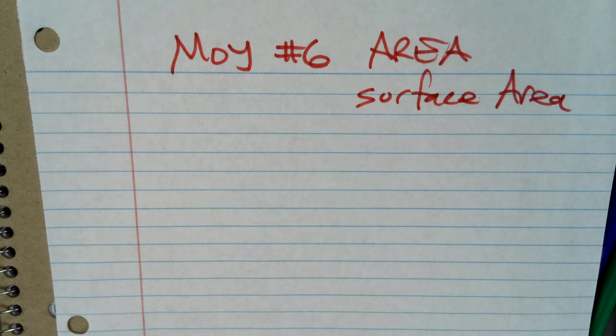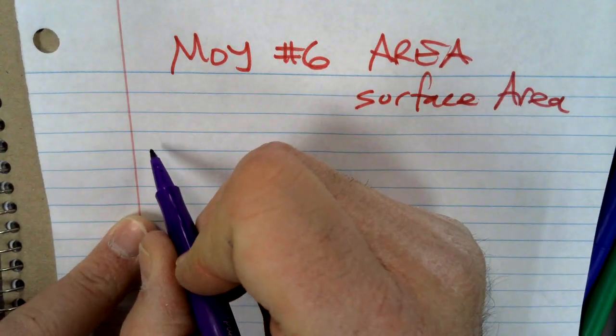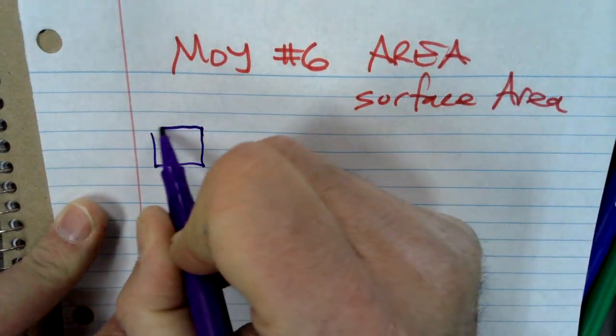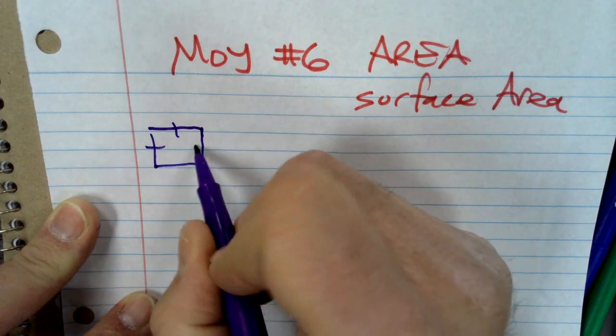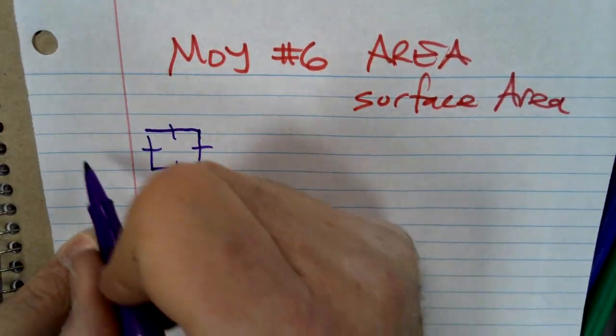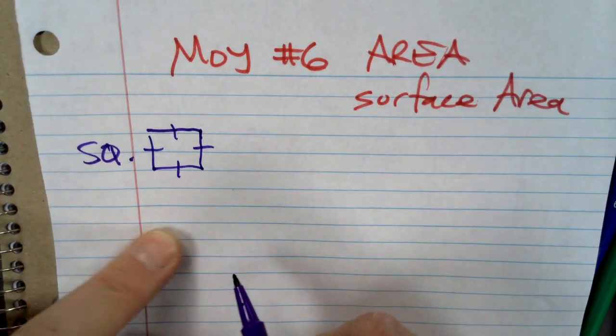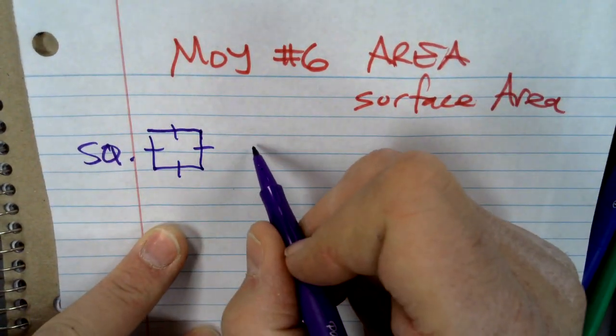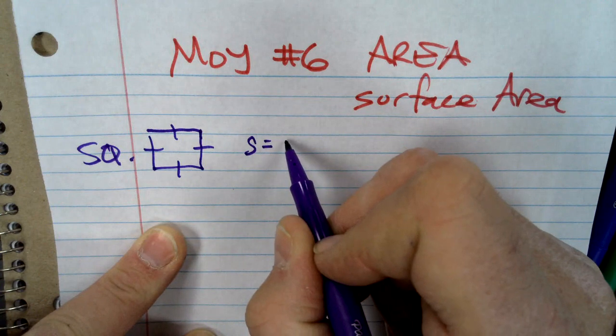The thing about area, there's only so many shapes you can do, especially for sixth grade. Most of you should know, I'm trying to make that. Those little tick marks mean each side is the same. That's a square, okay? So if I said a side equals,